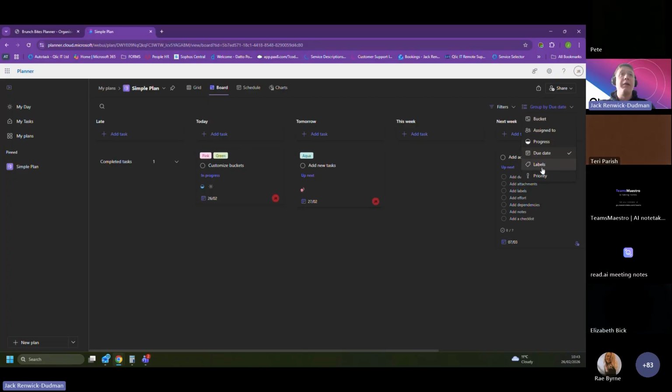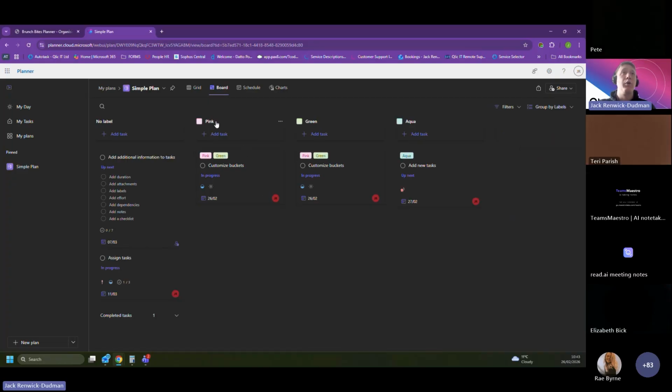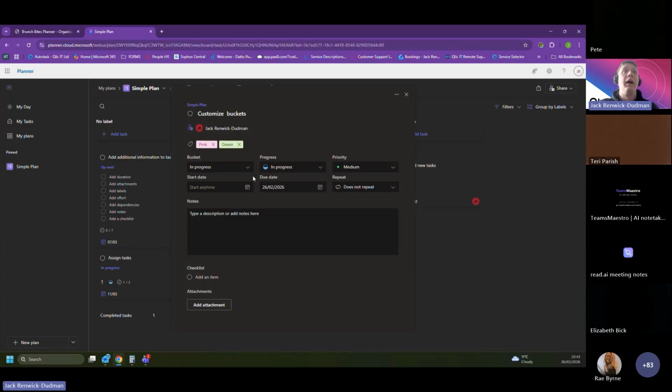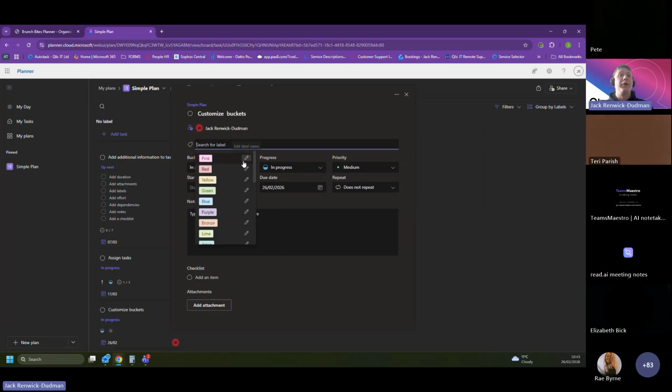Then obviously by the labels. Now the labels are completely your customization only. So here they've got different labels, but they're all color based, and you can rename them. So however you want to customize it, you can then sort by these. So the pink label, for example, could mean, let's say it's not important, or